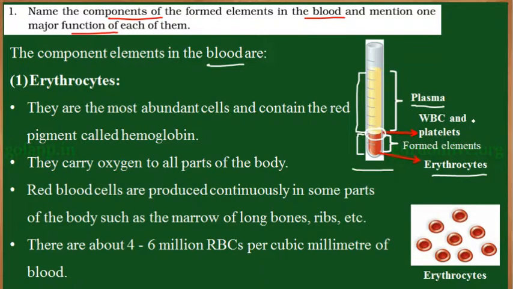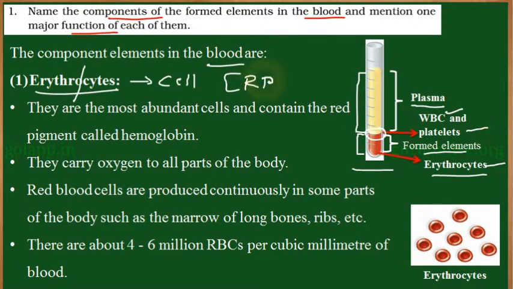Now all these three together, WBC, platelets and erythrocytes, form the formed elements. They are the cells present in the blood. So now let's learn what the components are. What are these WBC, platelets and erythrocytes, and their functions. Now coming to the word erythrocytes, here erythros represents red color and cytes represents cell. Cells which are red in color are called erythrocytes, and they are also called red blood cells or